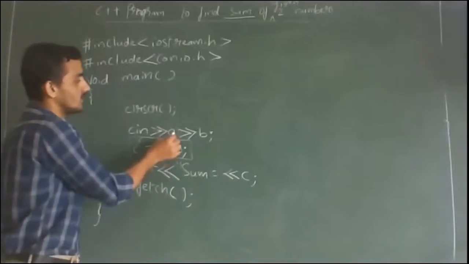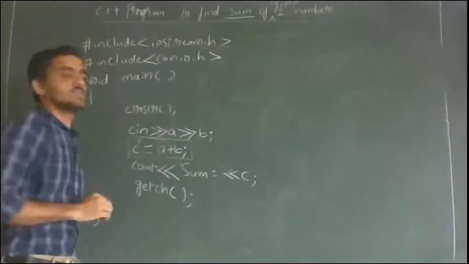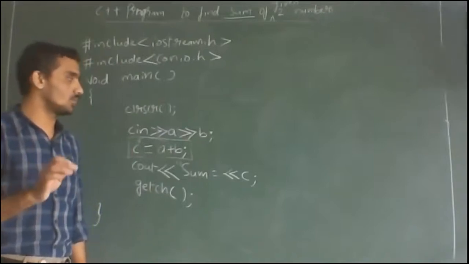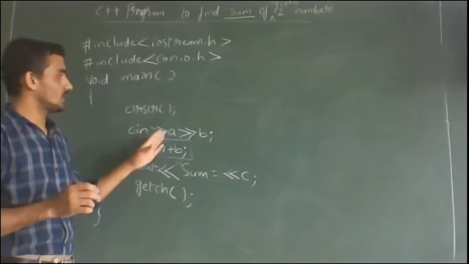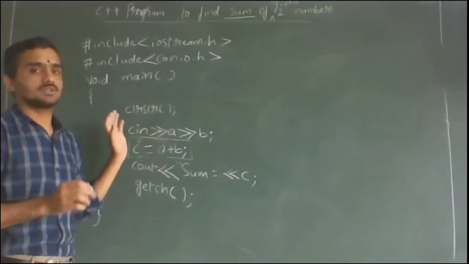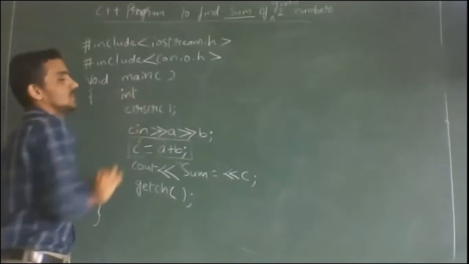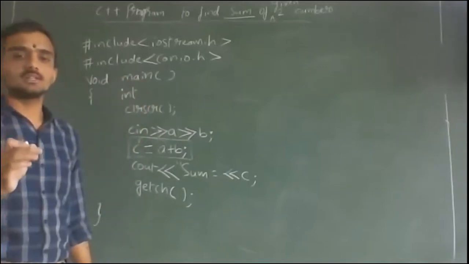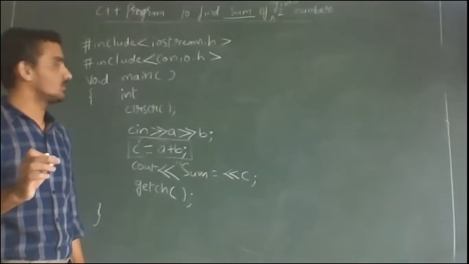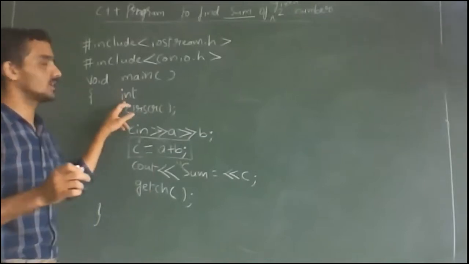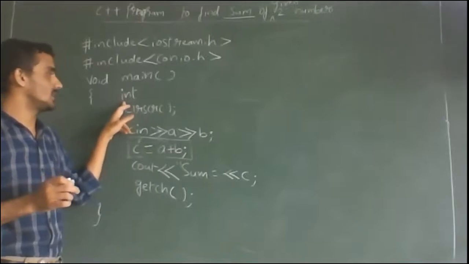So we have used three variables, A, B, and C. So you can calculate the sum of either integer values or floating point values. Okay, we consider here integer values. So if you are considering integer value, then use the data type int. Again, I will tell you, you can consider integer values or floating point values, anything while executing. So now you will consider integer values. So when you consider integer values, take the data type as int.